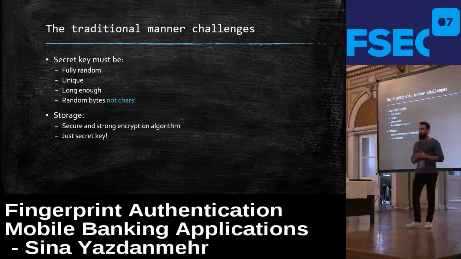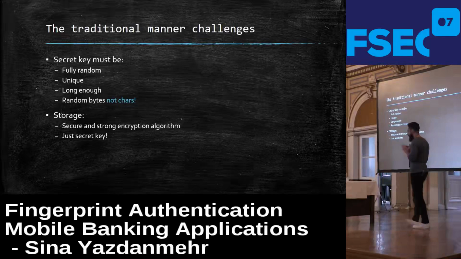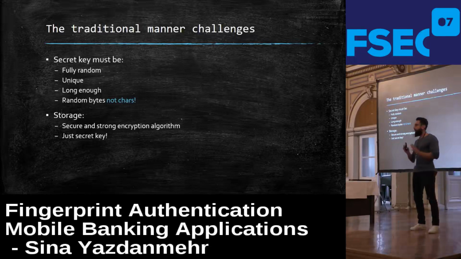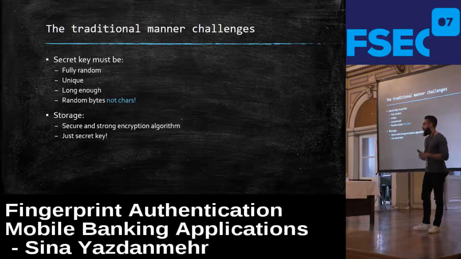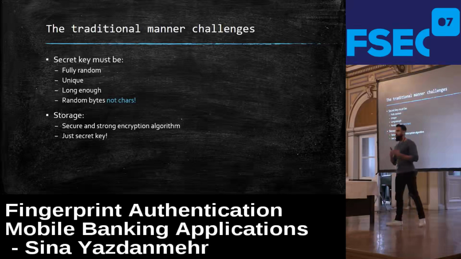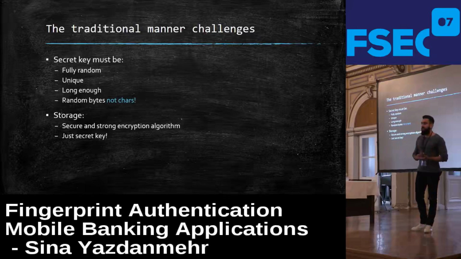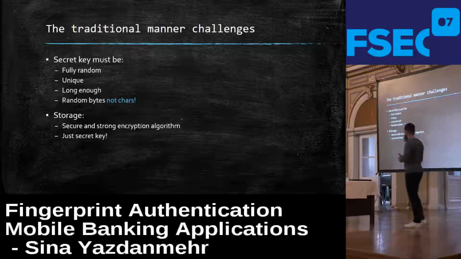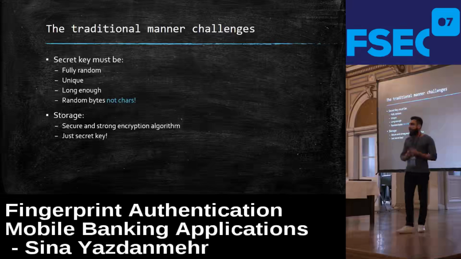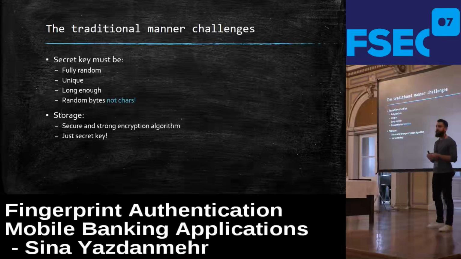Make sure you use a secure algorithm for encryption, and just store the secret key. Don't append anything else to the secret key as plain text. For example, I encountered a couple of cases where mobile applications, before encrypting the secret key, append something predictable, for example epoch time, or some fixed data like a device ID, to the secret key. That's a clue for the attacker to perform a local brute force attack against the ciphertext and try to find the right